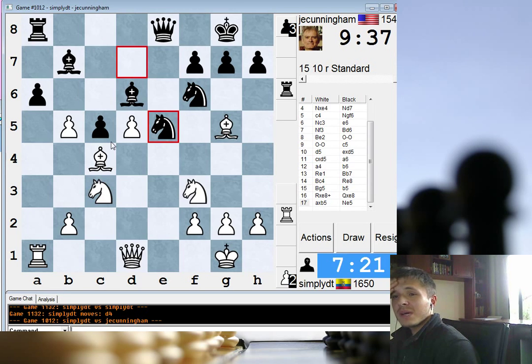I can't play bishop to f4 because he takes f3 with check. Well, I guess I can. I know, but he takes c4 and then he can take back on d6. That would fail miserably. Why don't I just take on f6, and if he takes my bishop on c4,